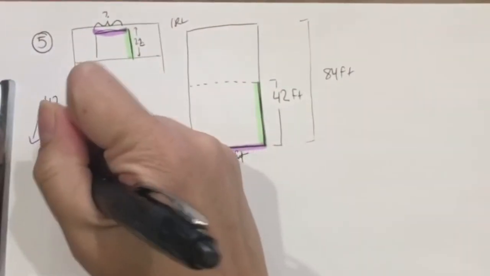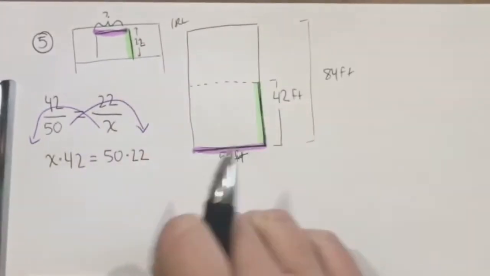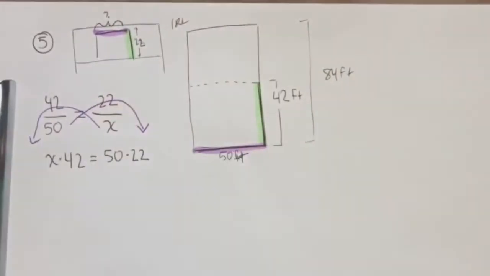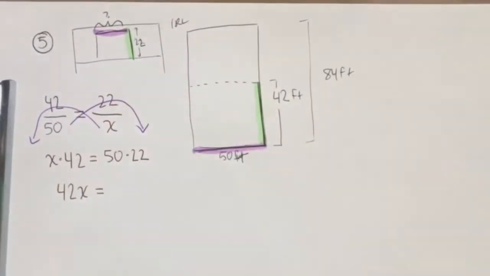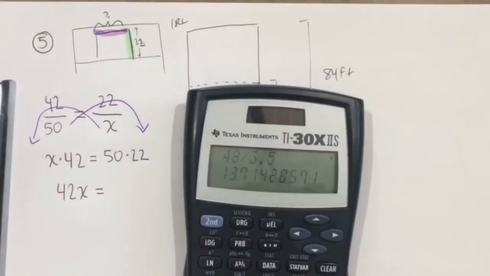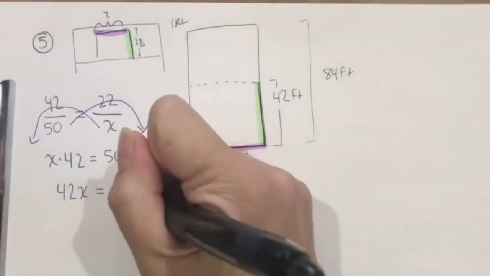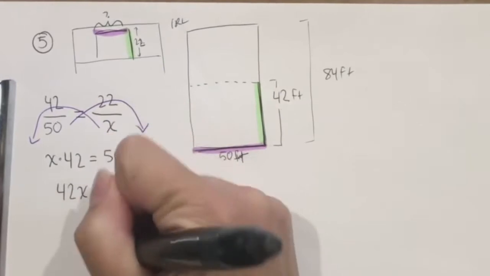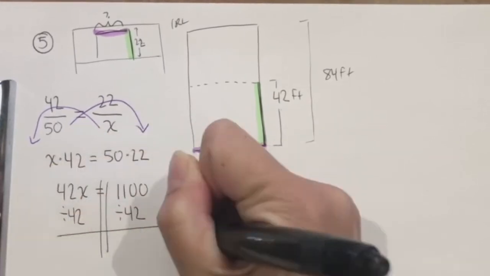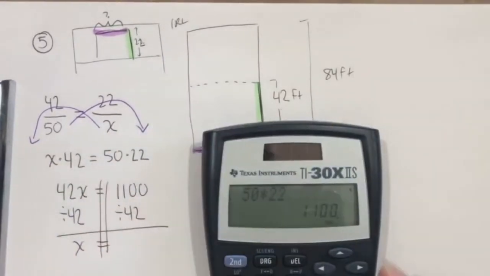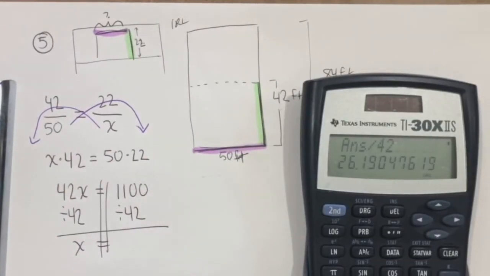X times 42 equals 50 times 22. And we'll go ahead and rewrite that as 42 x's is equal to 50 times 22, 1,100. And now we will solve it. There's 42 x's, so we divide by 42. And x is equal to 1,100 divided by 42, which equals